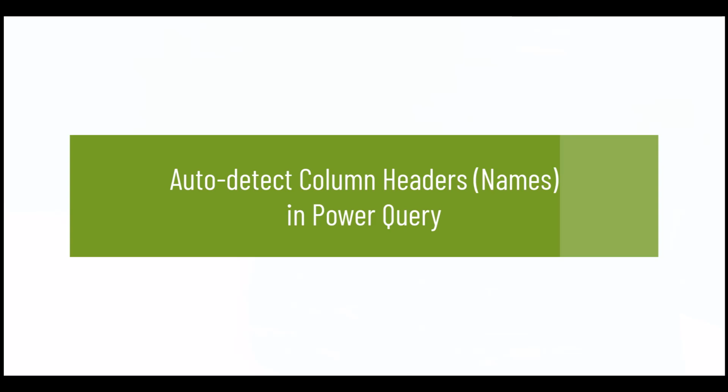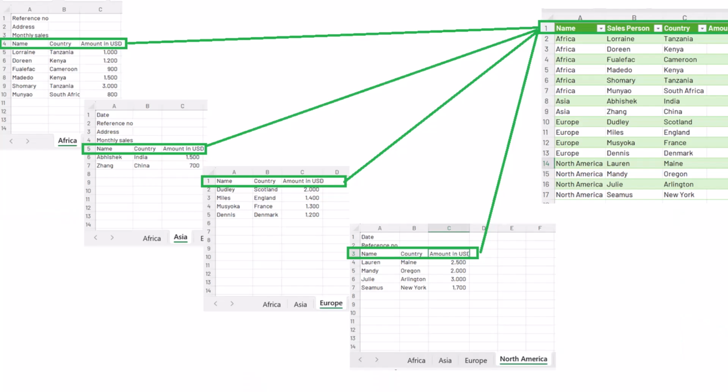Hello and welcome. In this video, I'm going to demonstrate how to dynamically detect and promote column headers across different datasets using Power Query. In my sample file, I have sales data from several regions with identical column headers arranged